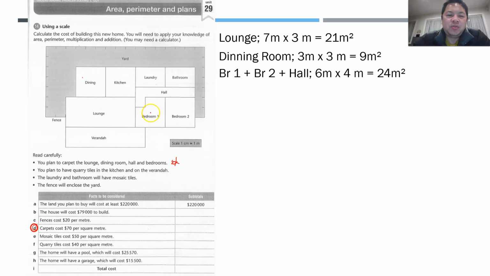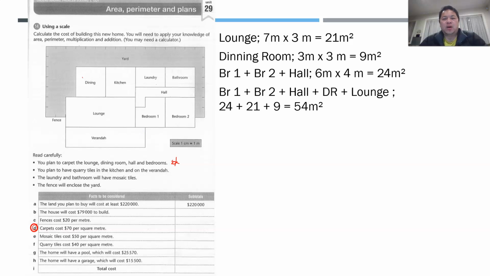I did not count the areas of bedroom 1, the hall, and bedroom 2 separately, because the hall and bedroom 1 are odd shapes. If I combine all of them together, you can see it's actually a rectangle, so it's much easier to find. So I'm able to find the area of bedroom 1, bedroom 2, and the hall, which is 24